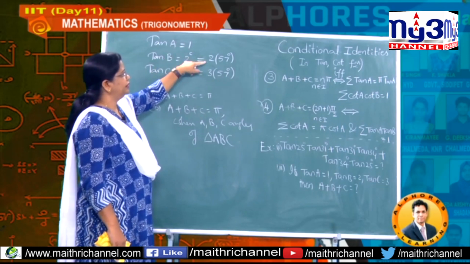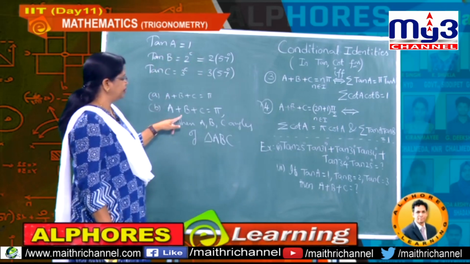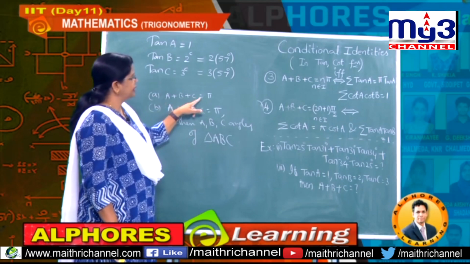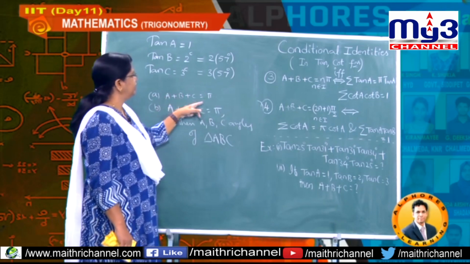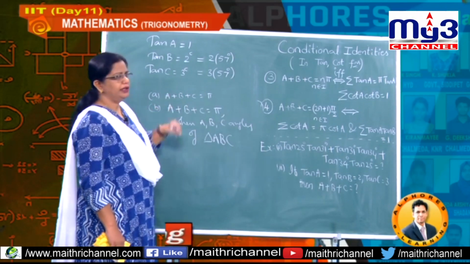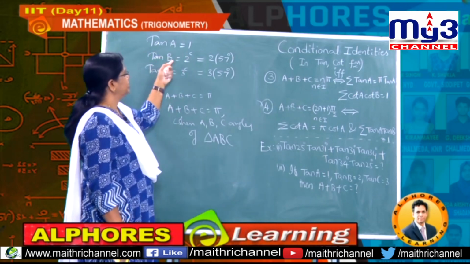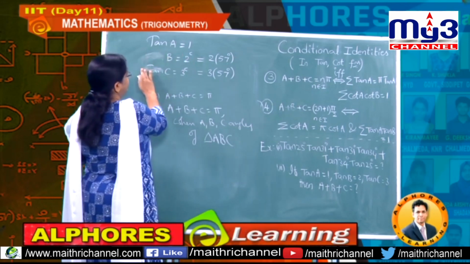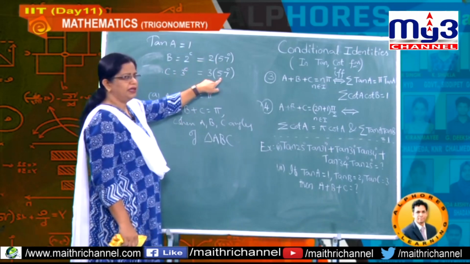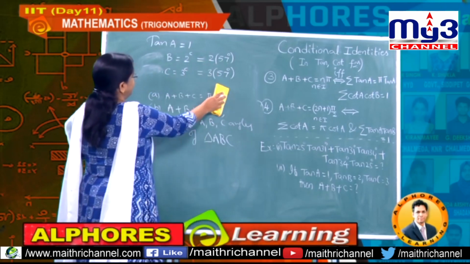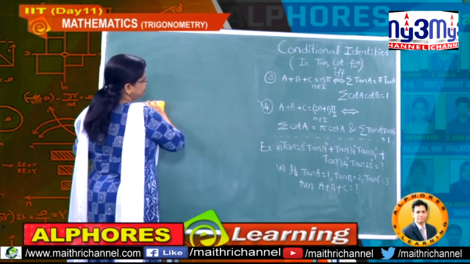Hence what is the condition? In a triangle you cannot get two obtuse angles. Hence this option is wrong. A plus B plus C equal to pi, that means in any way you can use A plus B plus C equal to pi, whereas you cannot obtain the other value here, because if I take the angles this way, these values are 2 radians, only the B value, and this is only the C value. If I take an obtuse angle, tan is negative, and here also negative. Hence students, here you have to take ABC only as angles whose sum is pi, that is it, but not triangle angles.